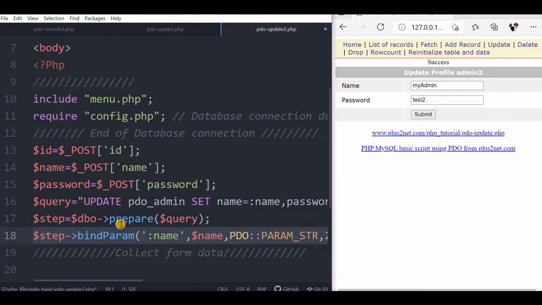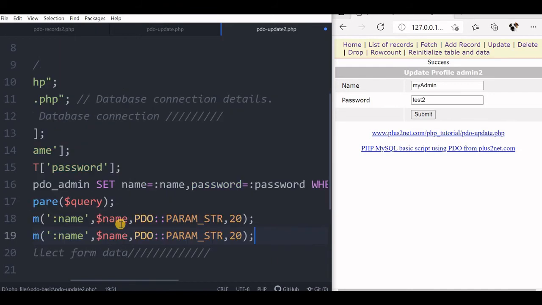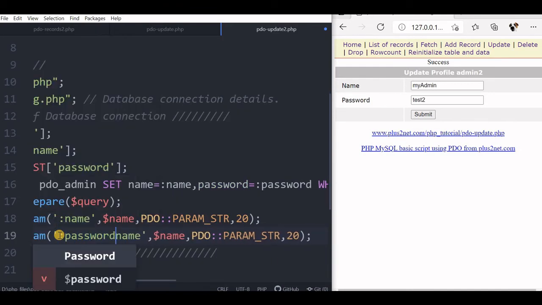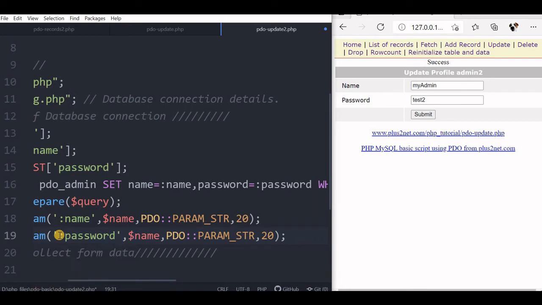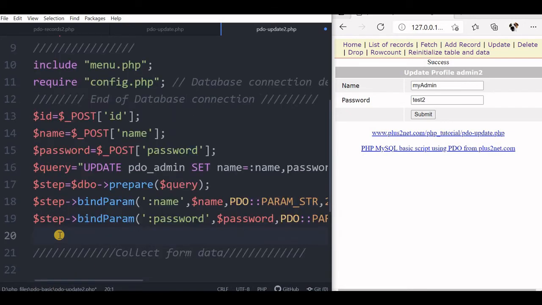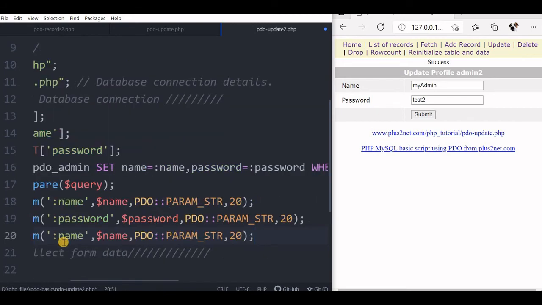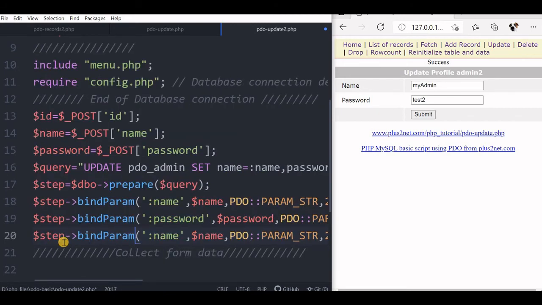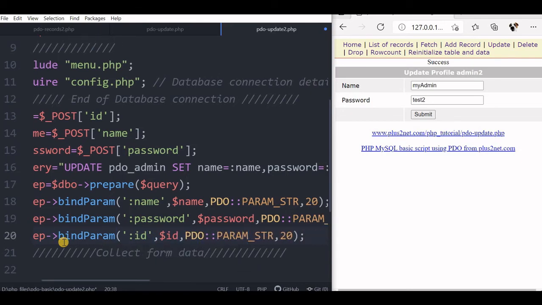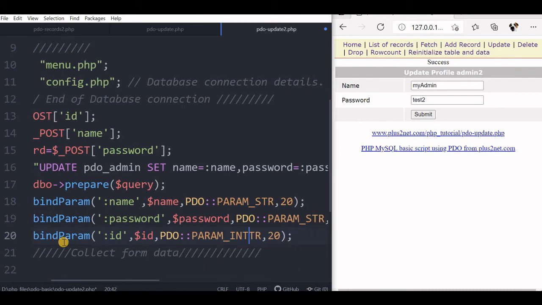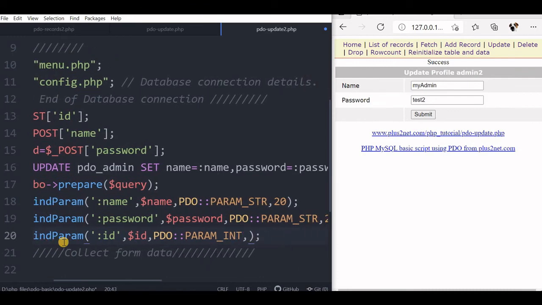Now we will copy this, paste it here. After name it is password, variable is password. We will maintain the same string length also. Now we will paste it again, this time it is ID. So placeholder is ID, variable is ID, and PDO, it's no more a string, it's an integer. So we will say int, let us say length is 3.